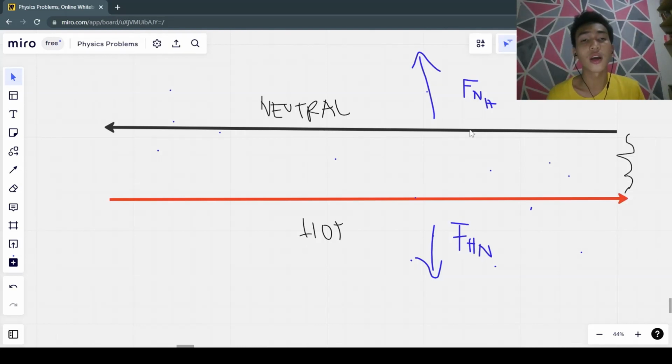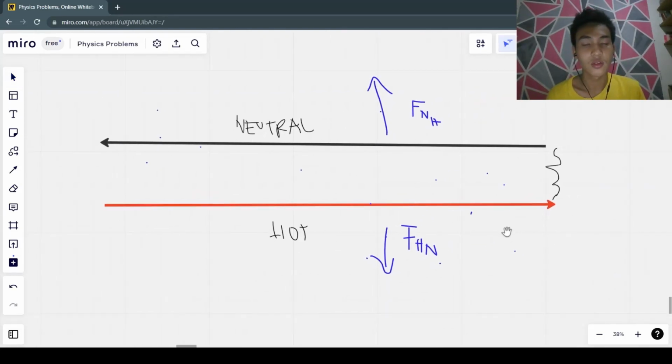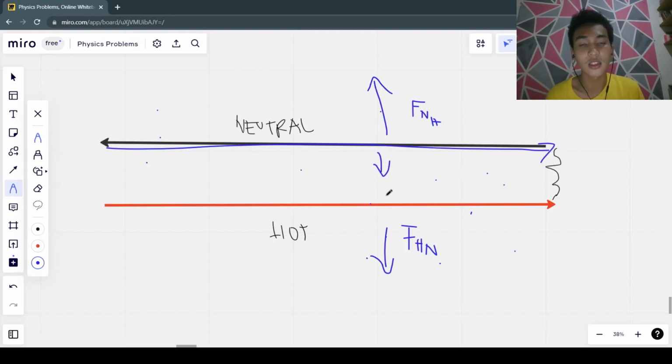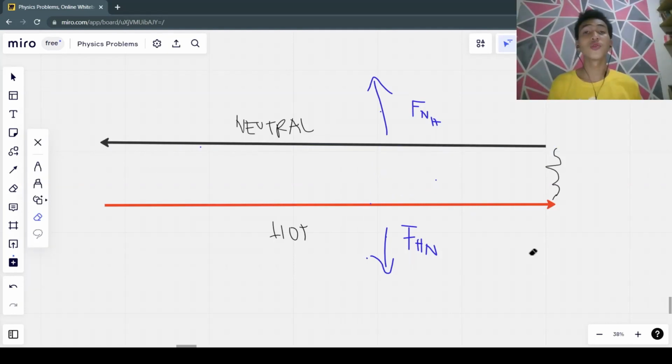So the first should be repelling, or they have a repulsive interaction. So with that being said, kapag itong line na to, ginawa natin siyang same direction dito sa hot wire, so yung magiging force niyan is nagkakaroon ng attraction. So that's the shorter analysis para malaman natin yung force na nag-a-act sa parallel current wires.